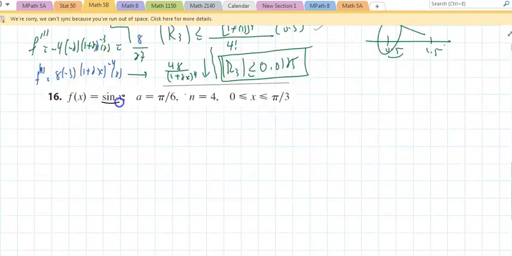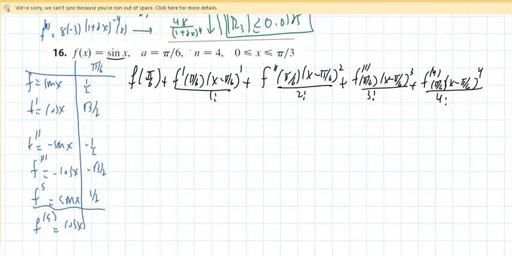On the next example, well, we know this is going to be f of pi over 6 plus f prime of pi over 6 times (x minus pi over 6). So I listed those out. I took derivatives of sine and cosine. That's really easy to follow. Evaluated at pi over 6, I'm getting this to be 1/2 plus radical 3 over 2 times